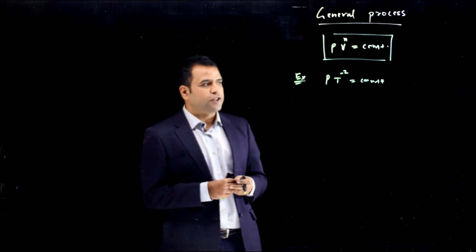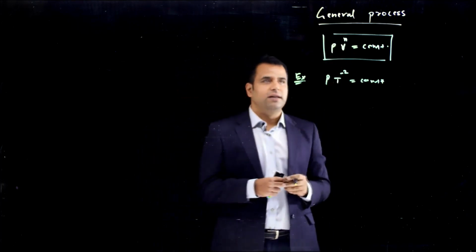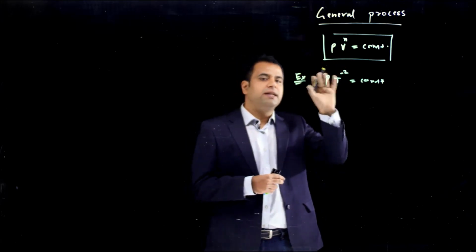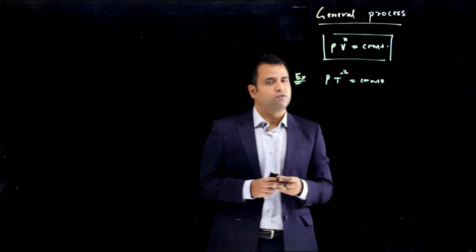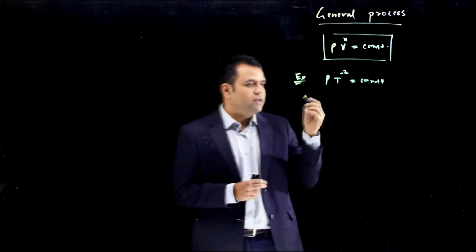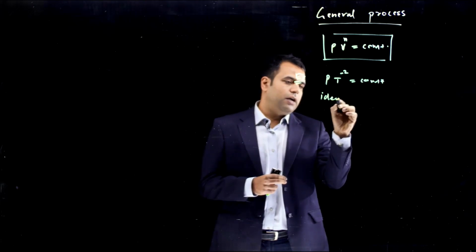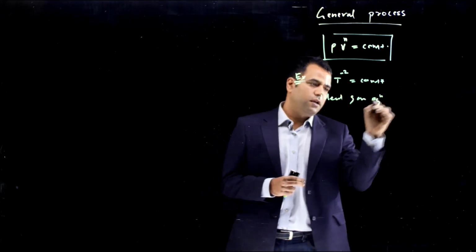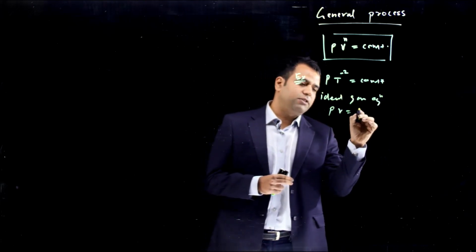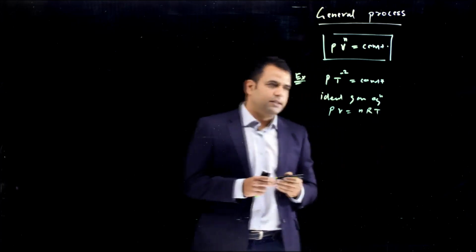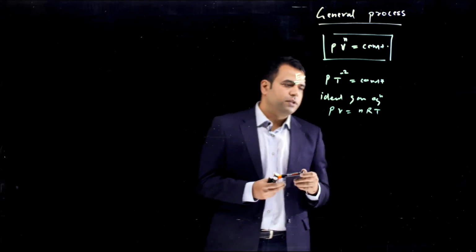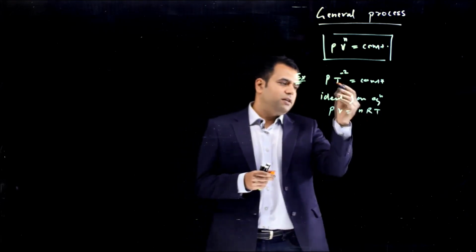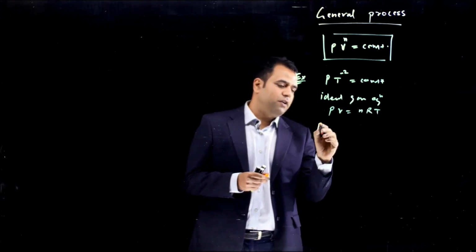So what you will do, first of all, you have to convert this equation in this format. And in this format, there are pressure and volume. And here you see there is pressure and there is a temperature. So you have to convert the temperature first. How to do that? We have an ideal gas equation, which says PV is equal to nRT. So we have to convert the temperature here. So in place of temperature, I'll replace the value of temperature from here. So it will be